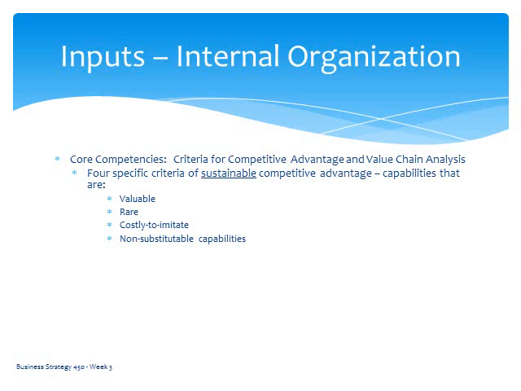It could be rare, and there's an overlap amongst these. The value of something and its rarity are often intertwined. It could be costly to imitate, and all three of those are essentially, with the fourth, non-substitutable capabilities. All four are intertwined, but essentially if you've got something that's valuable, rare, costly to imitate, and non-substitutable, you have a greater probability that if you put the pieces together correctly, your competitive advantage will be sustainable in comparison to